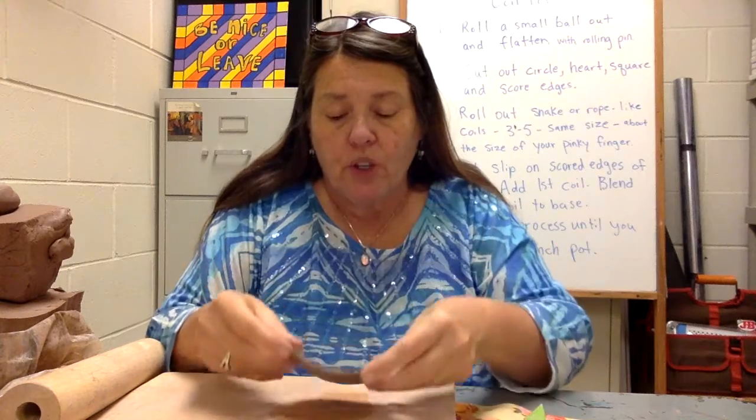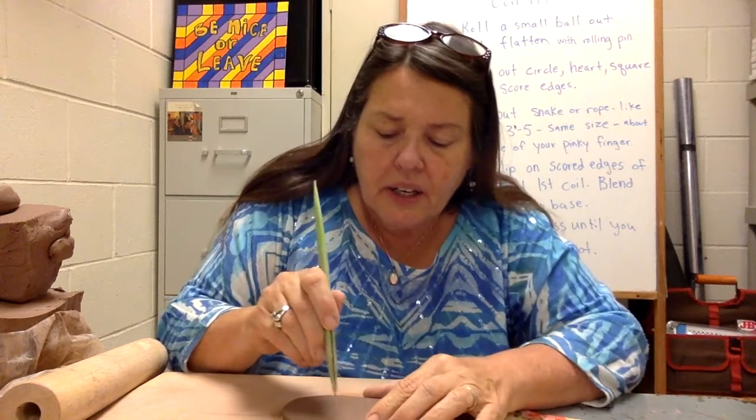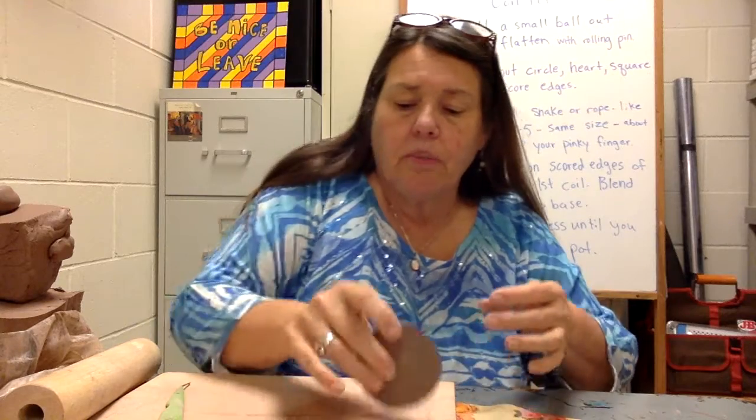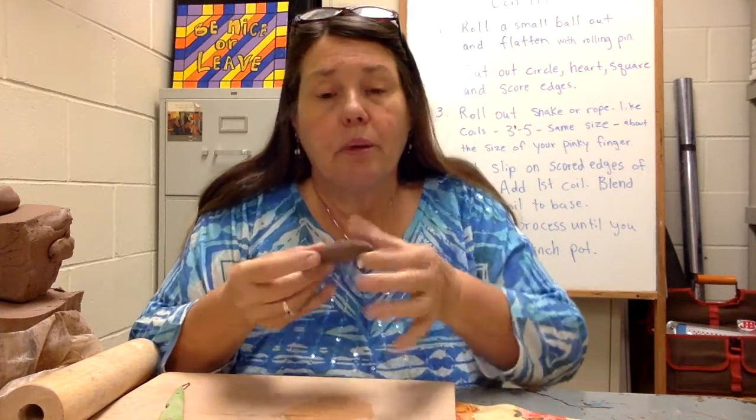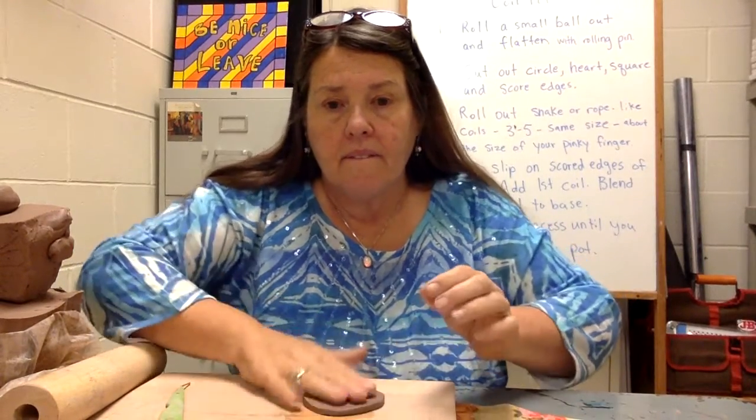Now I want more of a circle, so I'm going to take my needle tool and cut it out to be a nice circle. It's not a perfect circle. It doesn't have to be a perfect circle. It's just going to be a circle to start with our pot. It needs to be about 1/4 of an inch thick. Okay. Now I take the rest of my clay